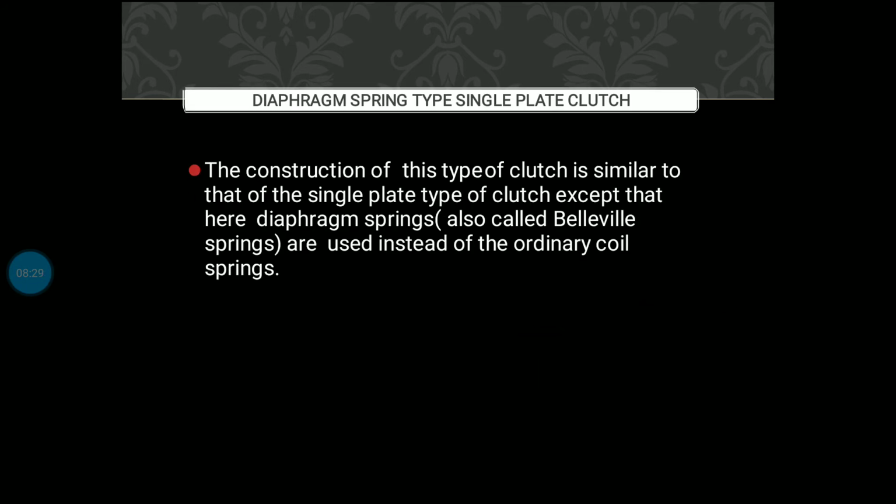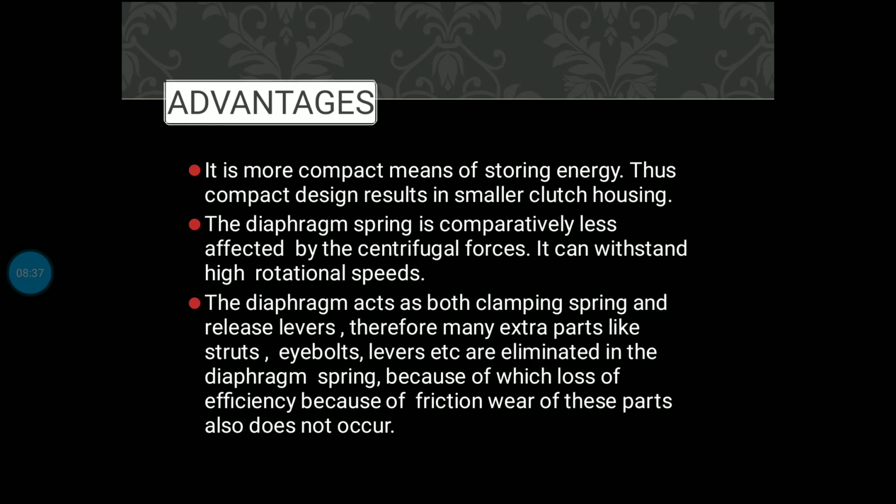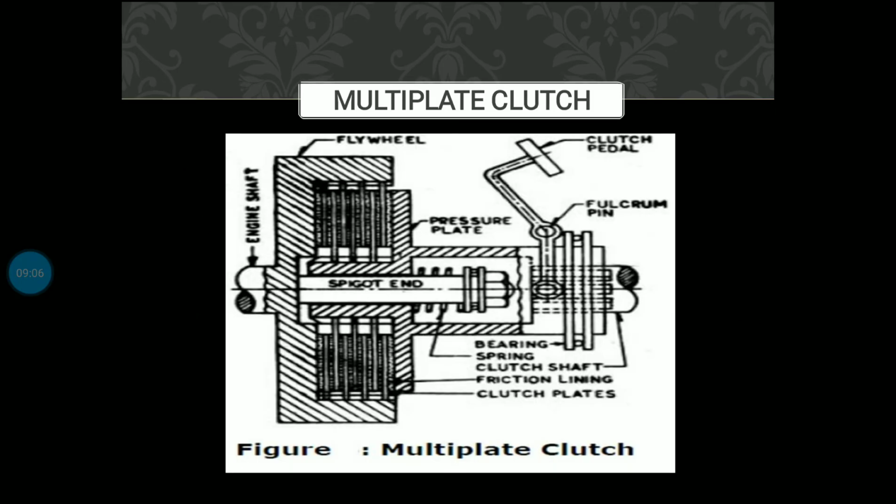So, diaphragm spring type single plate clutch. This is the diaphragm. What are the advantages? If you see here, it is the same process. Throw out bearing: if you apply the clutch, it will move. So here are the pressure plate, clutch plate, flywheel, clutch cover, diaphragm spring, transmission where it has to go, and throw out bearing. It will throw out the bearing, meaning up and down movement. This was the advantages of